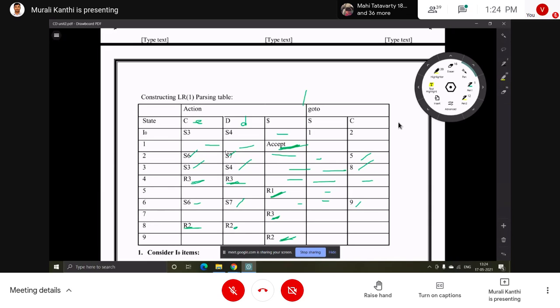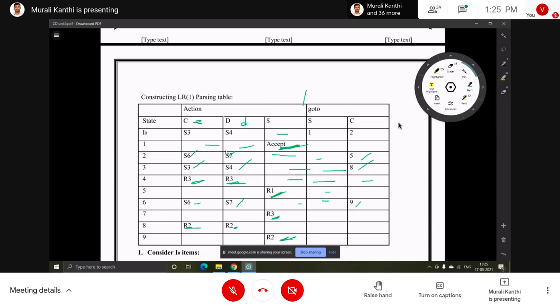In SLR, there are some steps. In all the processes, SLR and CLR, the steps are the same. Before finding the closure item sets, in SLR we have to find out the first set and follow set.